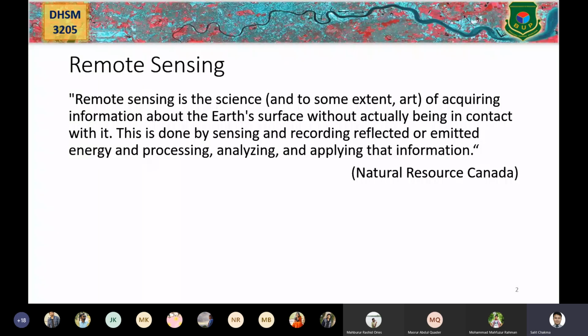Okay, so we record all this reflected and emitted energy, and then we process this information. After processing, we analyze this information. So what do we mean by processing? When we collect some energy, or when you collect anything, you could have some errors. So these errors need to be omitted. For example, when you were measuring the heat or the temperature of the fire, when you were sitting by the fire on a wintry evening or morning,